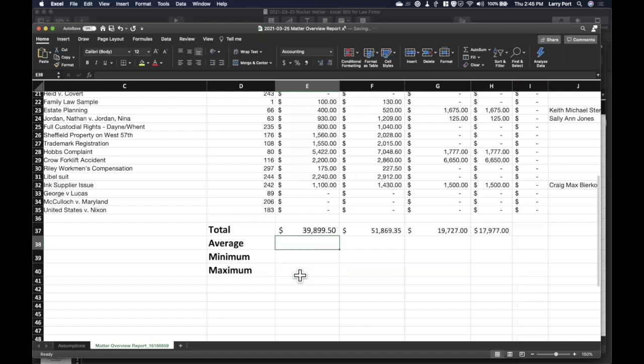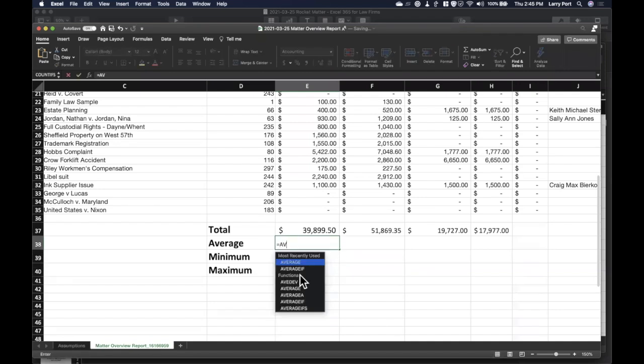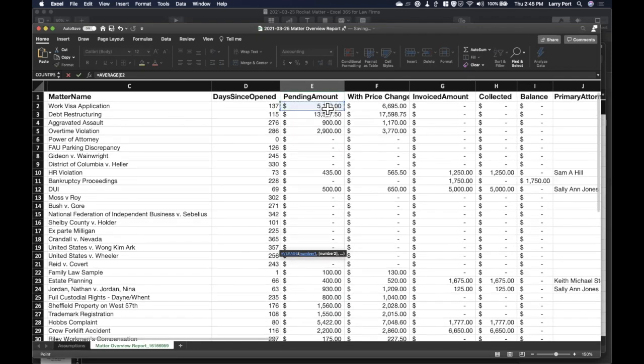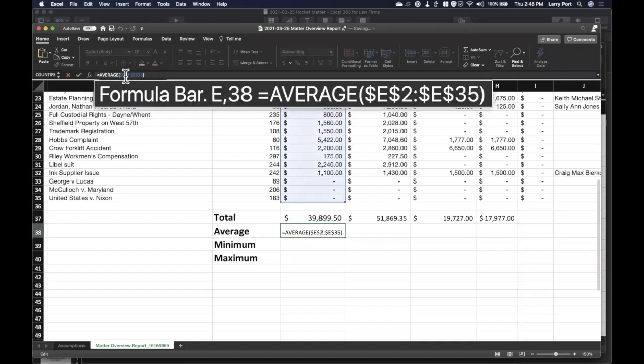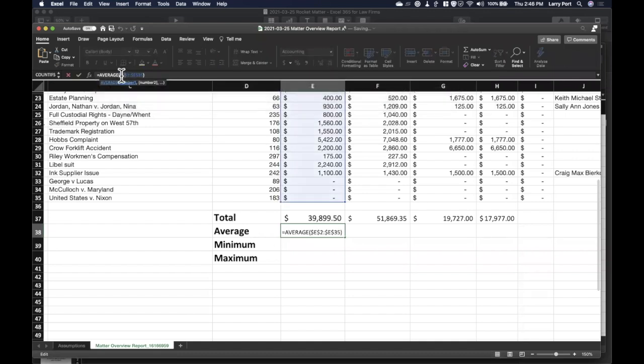So for the average, it's quite easy. You hit equals average, and you want to have the range. Now, if I anchor this, it's going to make it easy for me to copy that range going forward. It's not going to make it easy to go sideways. And this is where sticking with the column is actually a good application of this. So we want the column to move, but we want the row to stay the same. So let's take a look at that. I'm only going to anchor the row, not the column. So let's take out the anchor on the column.